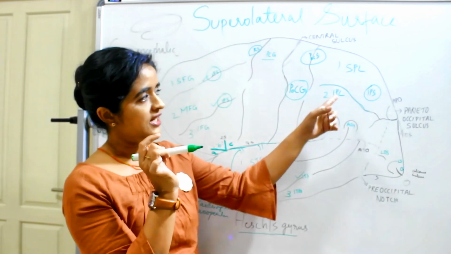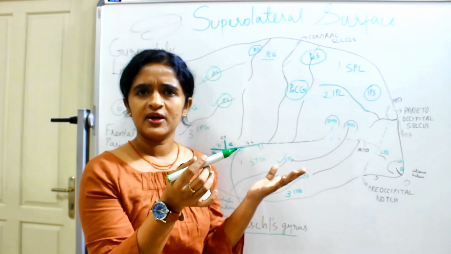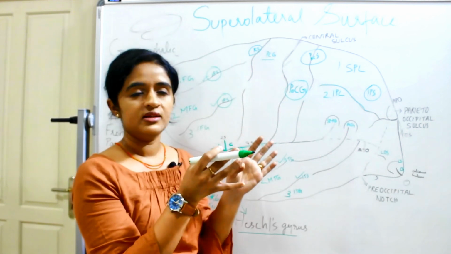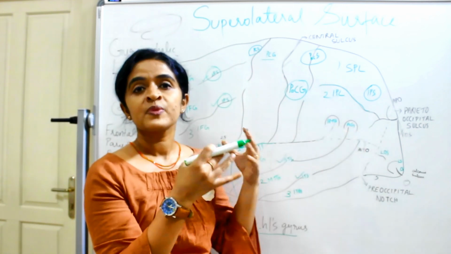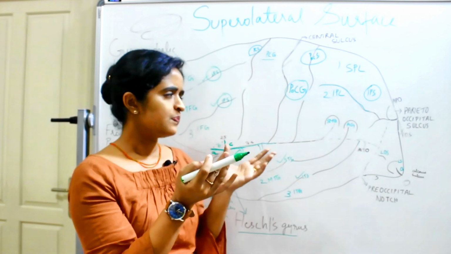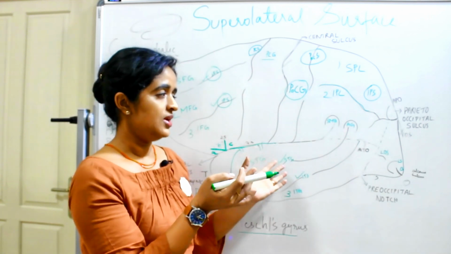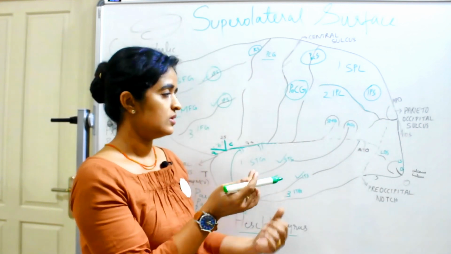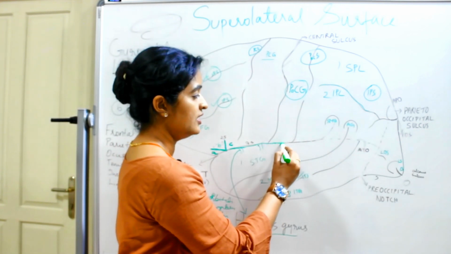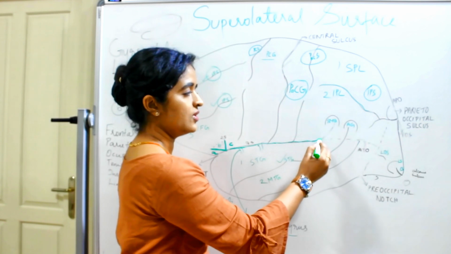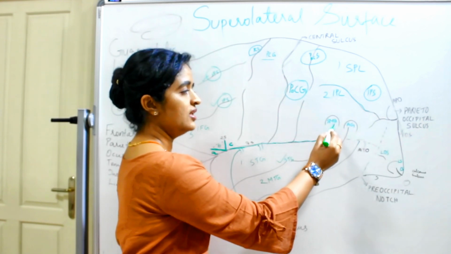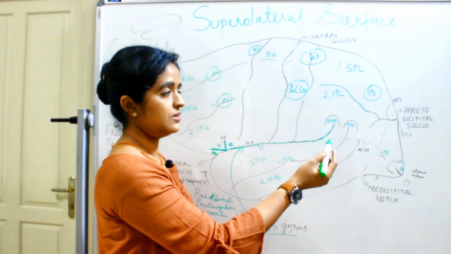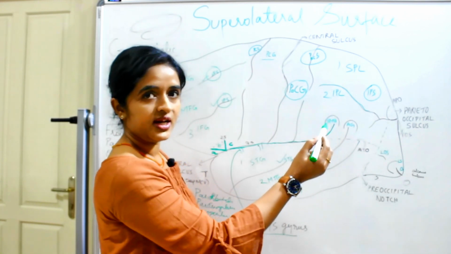Then apart from that, are there any other regions in the parietal lobe? Yes, of course. How do you get the remaining region of the parietal lobe divided? That is by tracing the remaining sulci which we have already discussed. First we will trace the posterior ramus of the lateral sulcus. The end of the posterior ramus of the lateral sulcus is actually projecting into the parietal lobe.